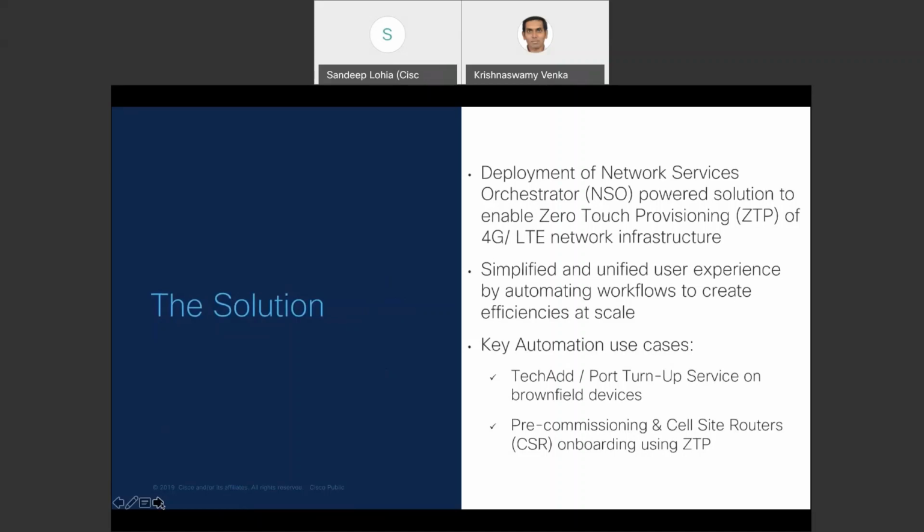So this is where the Cisco customer experience team stepped in. We started engaging with the customer's team and came up with a solution which included industry standard tools like NSO, and technologies like ZTP, or zero touch provisioning, for the new 4G and LTE network infrastructure. Also, insertion of BPA, the business process automation platform, offered a simplified and unified user experience by automation of workflows and integration with the existing tools and systems. The 2 main use cases are